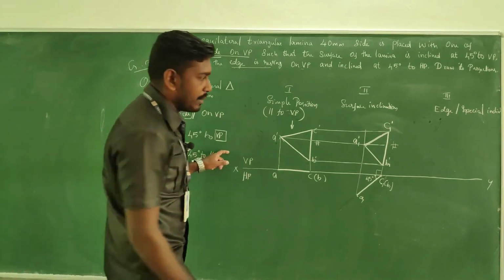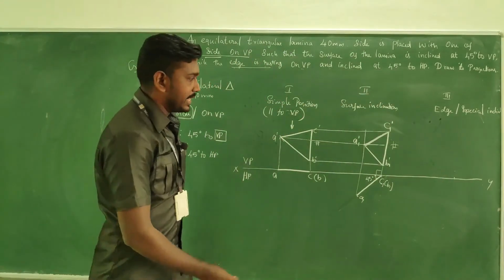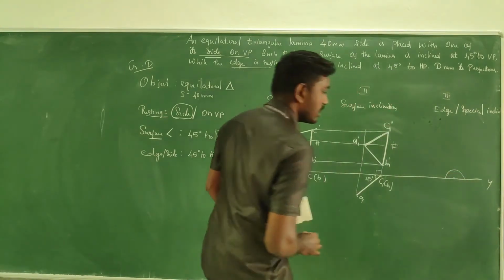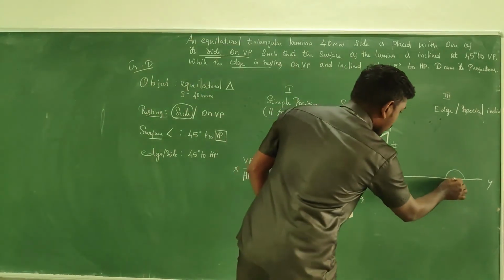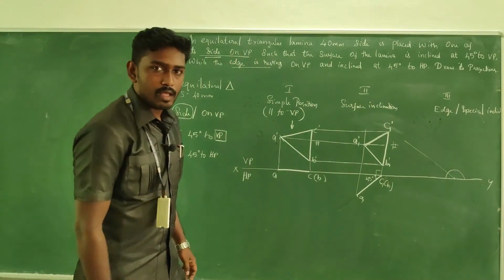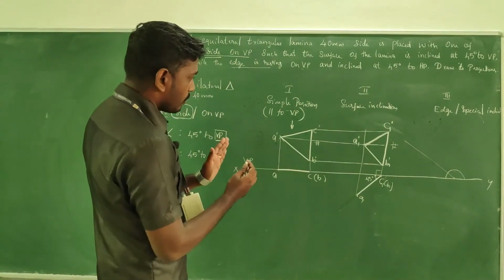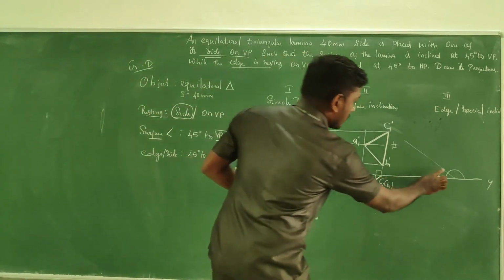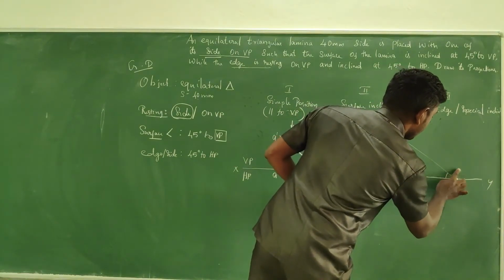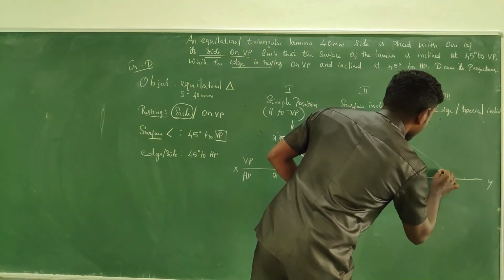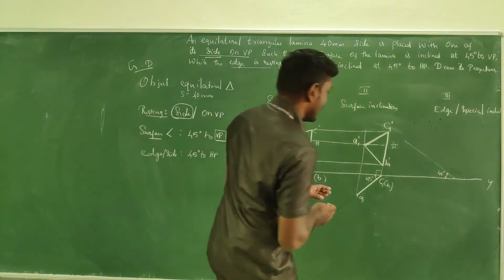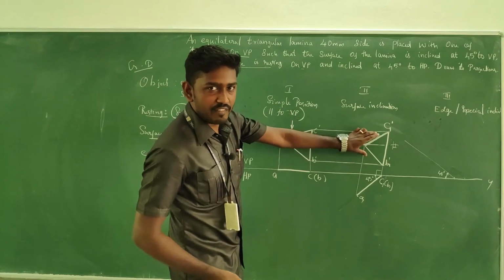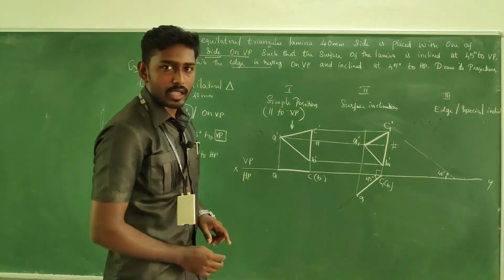So for that, keep a point on XY and take 45 degrees by keeping your protractor like this. Take 45 degrees towards the left side, since we are tilted something like this. So take it from right to left, 45 degrees. What we are going to do is just reproduce the image of the previous front view over the inclined line. Okay, that's our work.